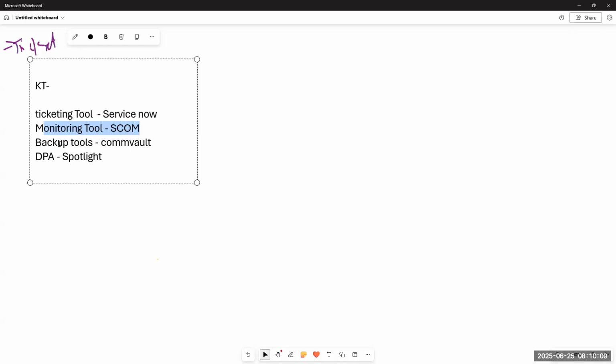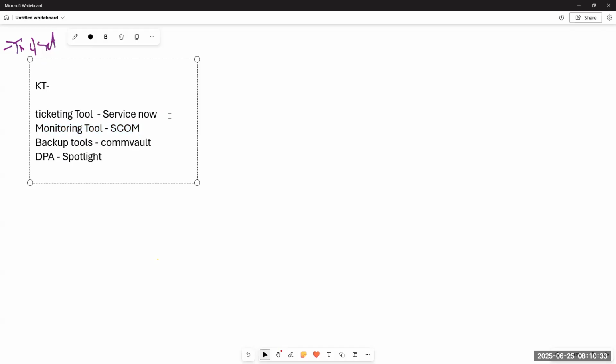Or they may ask you to go and create a ticket to get the access, or they will already get the access for you and tell you, hey, you can use this login, you can use this URL to connect.